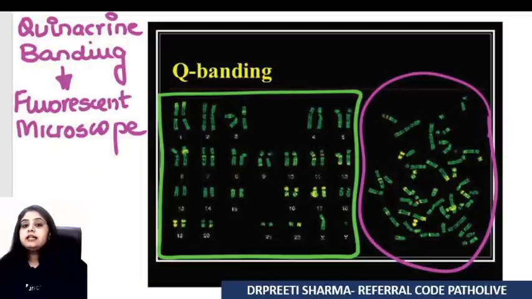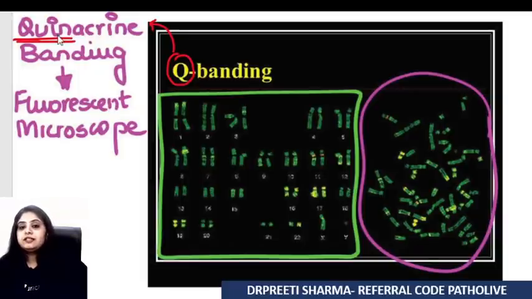Having said that, if on the other hand I end up seeing my karyotype has become so fluorescent and fancy, this means I've used some fancy staining, some fancy microscope, and that is known as Q banding. Please remember, Q stands for which stain? It stands for quinacridine stain. So the way the word goes, queen. Now the queen will not settle for a light microscope. The queen will definitely need something fancy.